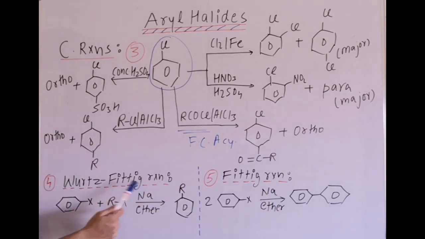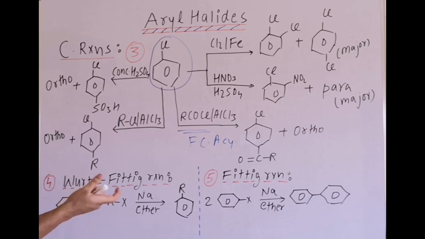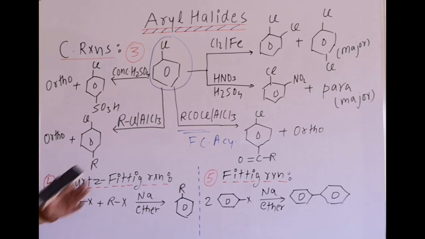Next reaction, which is a very important name reaction, is the Wurtz-Fittig reaction. Now the name Wurtz, if you remember, in the hydrocarbons or alkanes topic, we have done that reaction: alkyl halides in presence of sodium in ether finally give R-R, that is a symmetrical alkane. So here we are using alkyl halide with aryl halide, and that is the name reaction, the Wurtz-Fittig reaction. When they combine, R combines with benzene, giving alkyl benzene. Here again the mechanism may be through free radical formation.